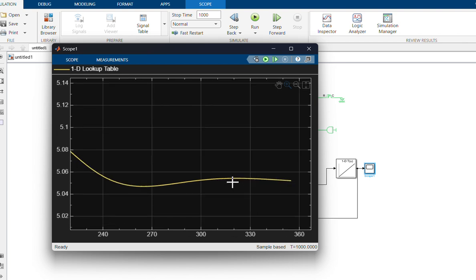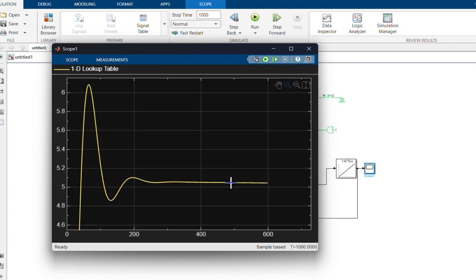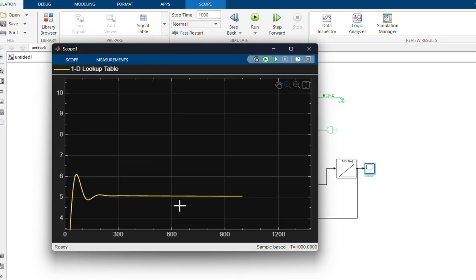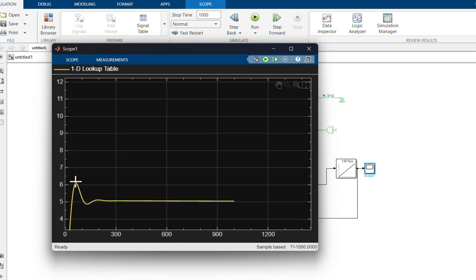We'll learn with you. It goes to 6 and goes down and goes up to the upper side of the 5, and then goes like this.